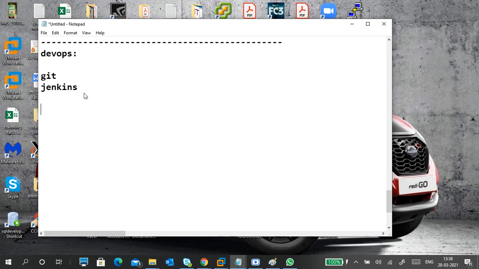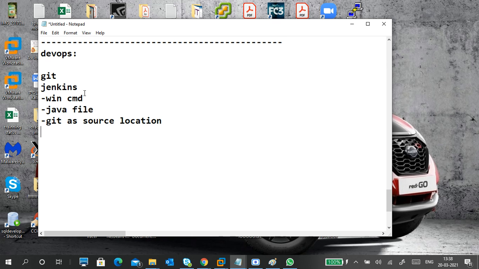Next, Git and Jenkins. In Jenkins, I used Windows CMD, right, with Git as a source location, and I also told about how to execute a Java file.